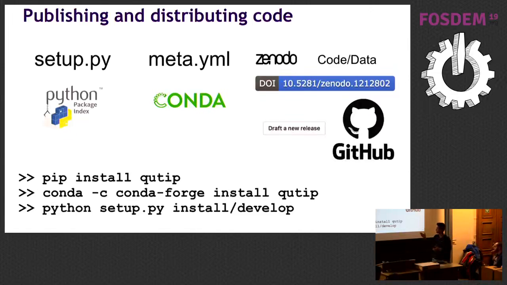You could install it with python setup.py install, which will install it in a global way. Or develop, which will install it right where it is, but you can still access it from anywhere. What this does is, if you want to make even the smallest change in your code locally, you make the change, and it will be reflected immediately when you run your notebooks and your code. So this is how we distribute and publish code.